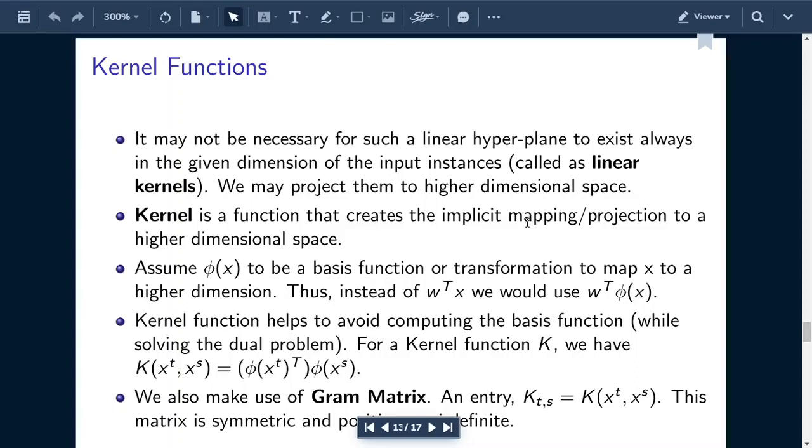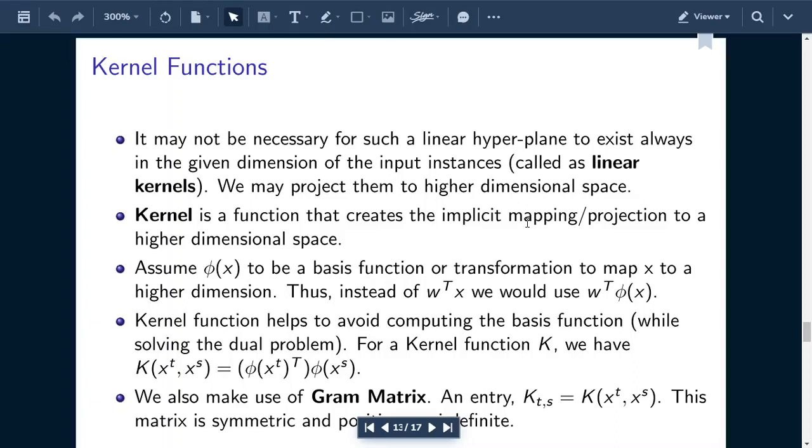Now for those of you who can visualize it properly, imagine the hyperplane z equal to 1. Simple, the plane z equal to 1. That plane is able to divide the entire thing into two parts. Clear? Cool enough? So just rewind everything and think. All the points x belonging to C1 lie below z equal to 1, and all the points x belonging to C2 lie above z equal to 1. And that hyperplane exists in the 3 dimension, but there was no such hyperplane in the 2 dimension.